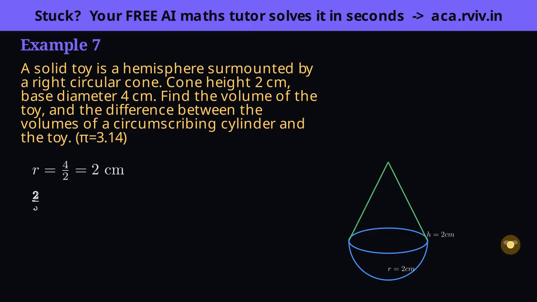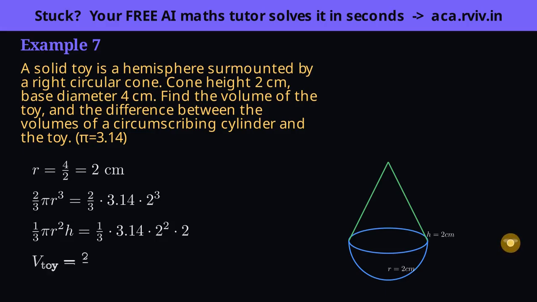The hemisphere's volume is 2/3 pi r cubed, half of a full sphere's 4/3 pi r cubed. Substitute pi 3.14 and r cubed as 2 cubed, 8. The cone's volume is 1/3 pi r squared h. Remember the 3 pores, that's where the 1/3 lies. Its height is given as 2, same as its radius here. Add the hemisphere and the cone for the whole toy, it comes to 25.12 cubic centimeters. Hold on to that number, we'll need it again.